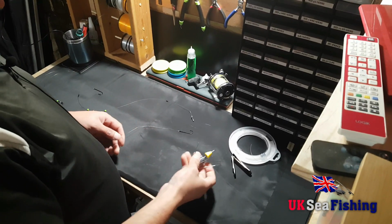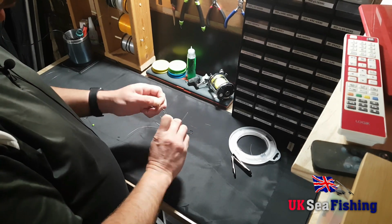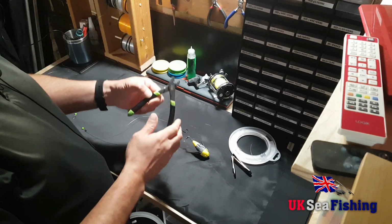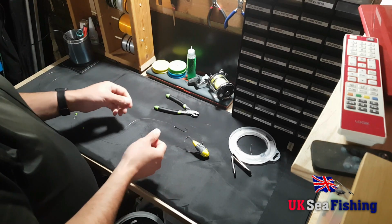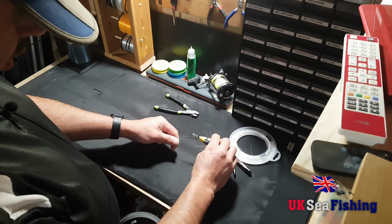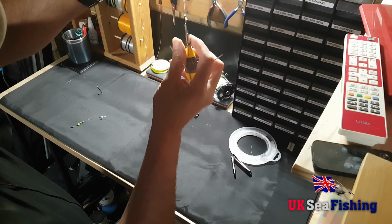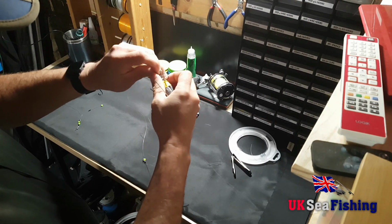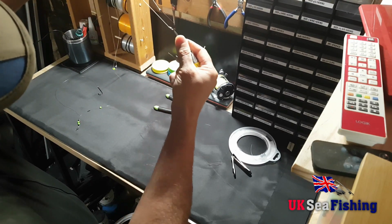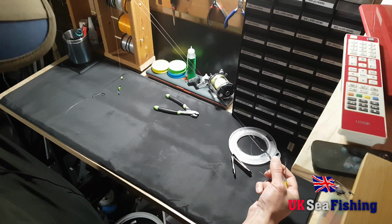Okay, for the final step, I always find it easier to clip on a lead weight onto the clip at the bottom. And then what we're going to do, you need some sort of rig crimps or pliers just to squeeze the crimps in place. So if you put your hook onto the Gemini link clip or rig clip at the bottom and run it between your fingers up the line,